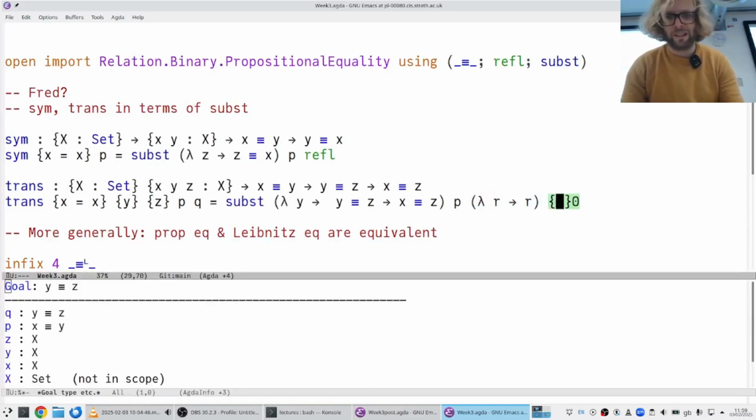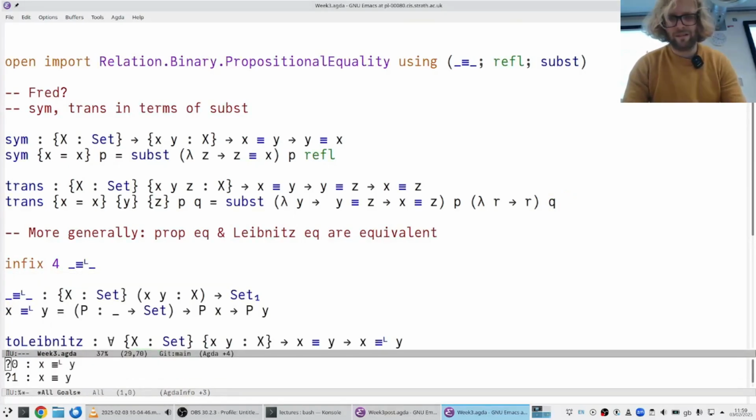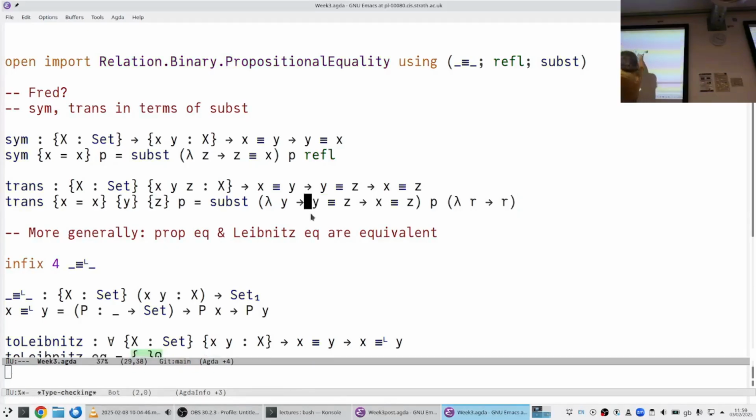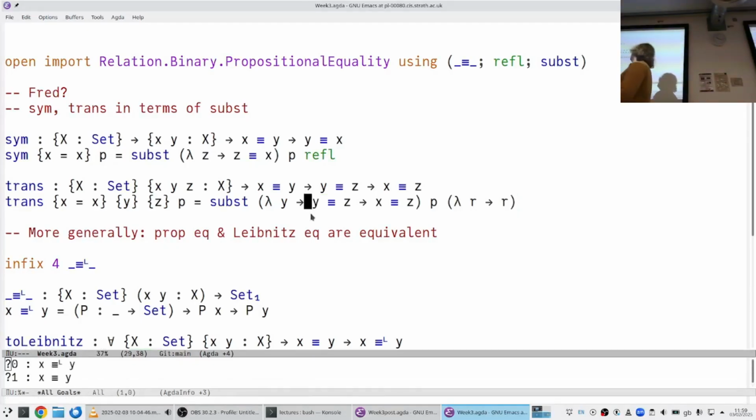And here we have to give a proof of y equals z. That's the Q. So if we wanted, we could not introduce it on the left and not give it on the right. Okay, so the method kind of worked. We just took the remaining goal, put that as our predicate, and then we were able to deal with it in the simple setting. Just like we were able to deal with it when the proof P was REFL, right? So what we're doing here is kind of the same thing as when P is REFL. Okay, does that make sense?